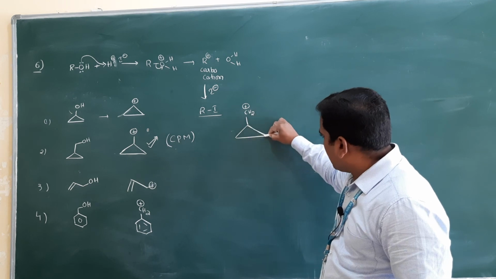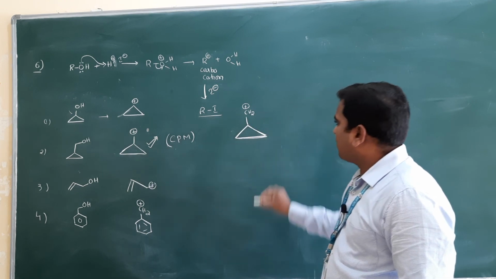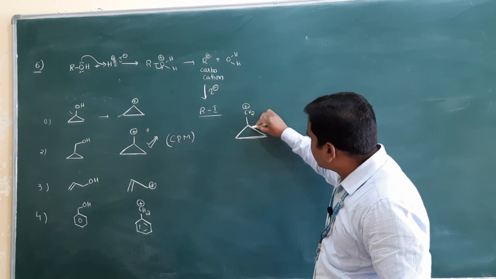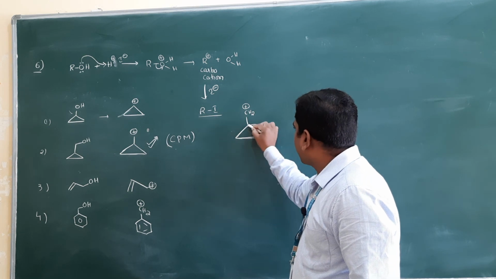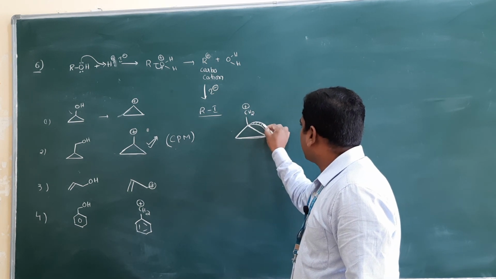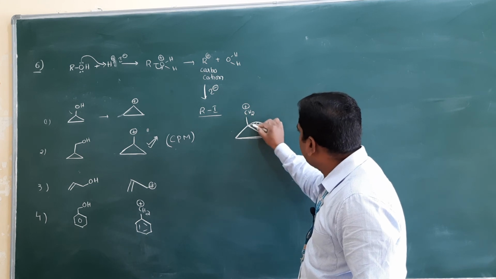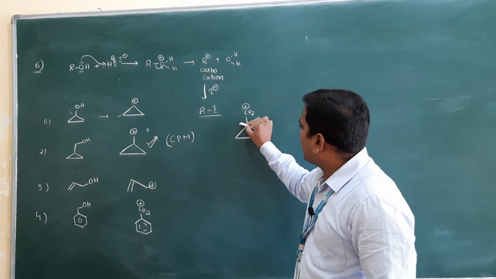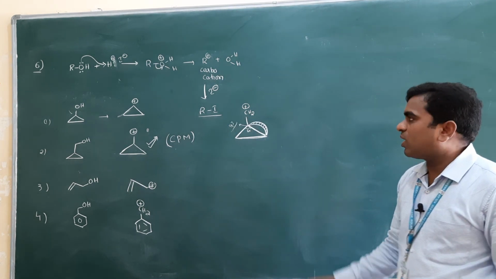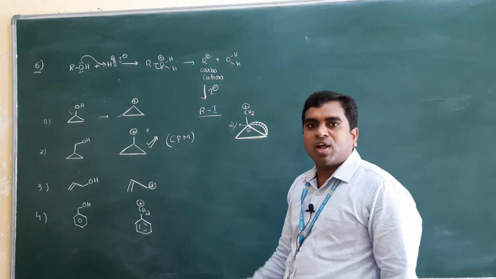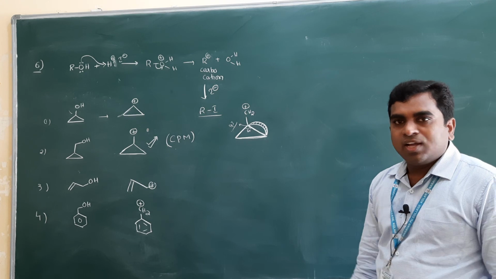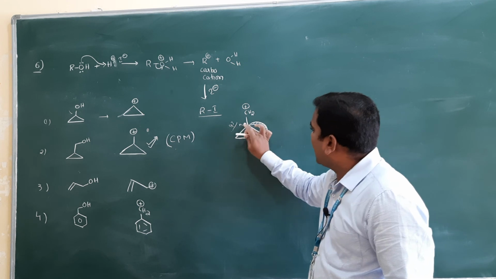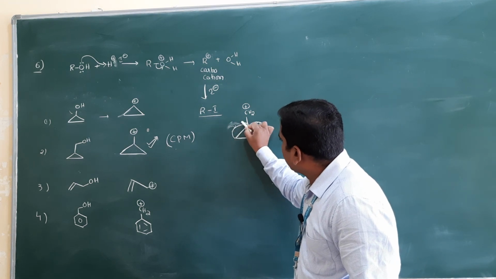Actually here there is a sigma bond. It is a 3-member ring here, and you might think the bond electrons will be present on this line. No, the bond electrons will be here, 2 electrons present like this. The bond will be bent like this, because the angle here is 60 degrees, but it is an sp3 carbon. What should the angle be? It should be 109.5 degrees. That's why angle strain is there. Due to that, the bond electrons are present in this way; we call it a banana bond.